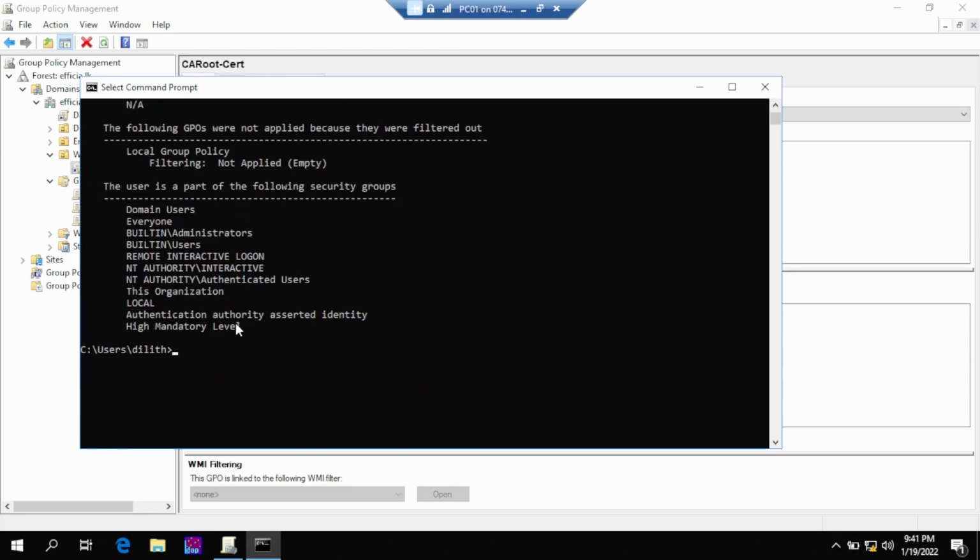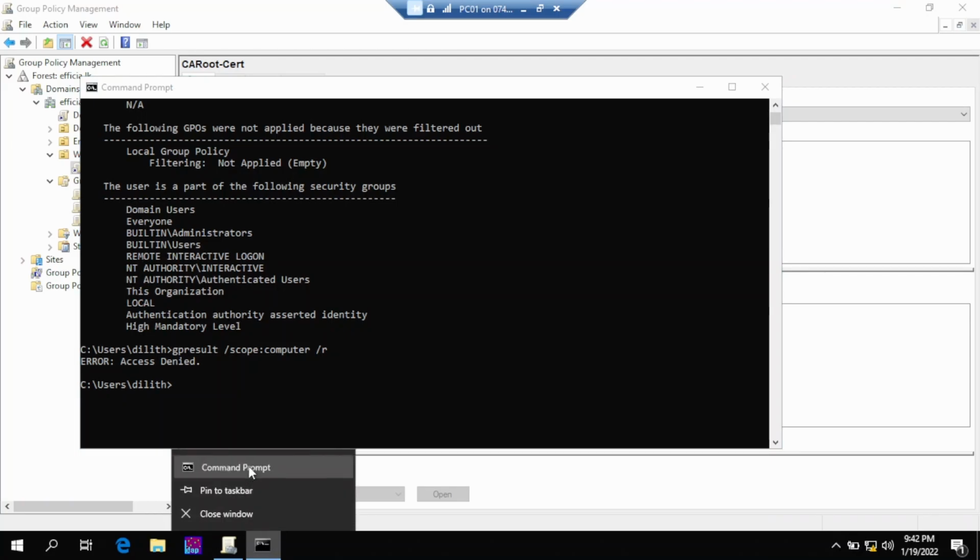If we need to get the gpresult on a computer object, we type gpresult /scope computer /r. This won't run because it needs to be run as administrator.